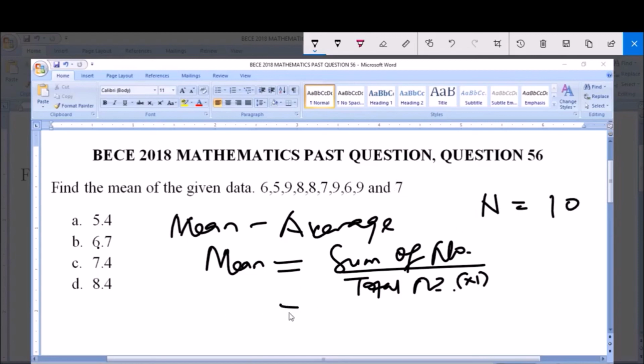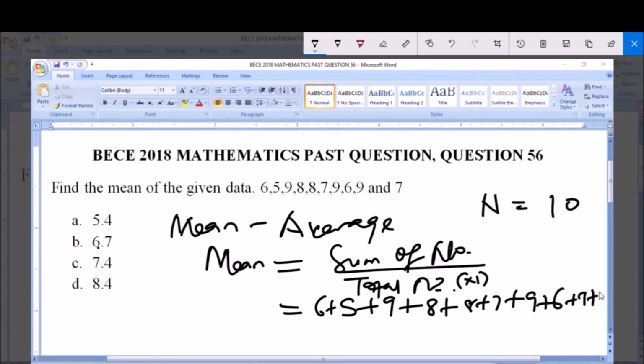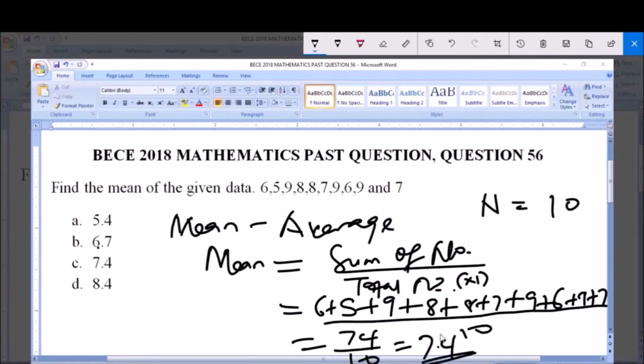So the mean is equal to the sum of all these numbers, that is 6 plus 5 plus 9 plus 8 plus 8 plus 7 plus 9 plus 6 plus 9 plus 7, everything all over 10. Now when you sum up these numbers, it will give you 74 all over 10. Now 74 divided by 10 is equal to 7.4. So therefore the mean of these numbers is equal to